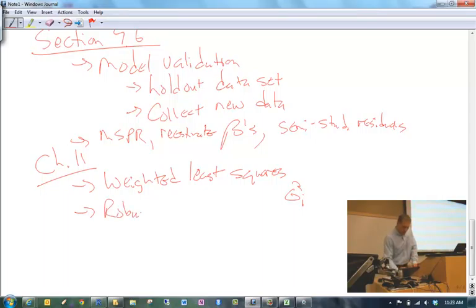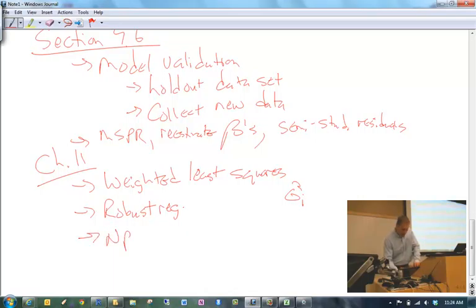We talked about robust regression. Well, why would someone want to use this? Well, maybe you have some influential observations. You don't have a good way to get around them. So what you do is you use a different estimation technique that comes about from using robust regression, where now your estimates are robust to these outliers or influential observations. We've looked at a number of ways to implement this robust regression as well.